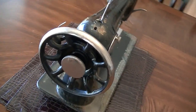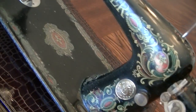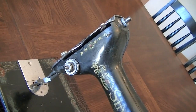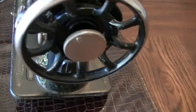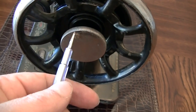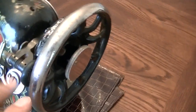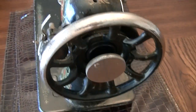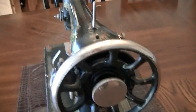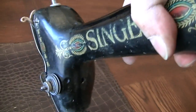So I have started putting it back together. Still need to figure out how to polish it better. And I learned something about this assembly, how to do it right. If you keep this machine horizontally like this and try to assemble it, it's a hit and miss kind of thing. Sometimes it works, sometimes it doesn't work. So I figured out that the right way to do it is